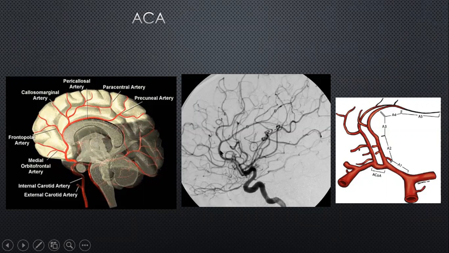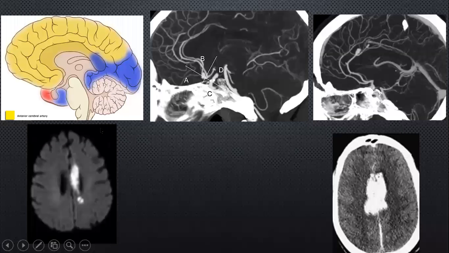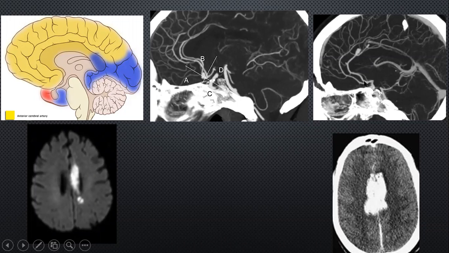These are the cortical branches, but also important to realize, as we looked earlier on, are the perforator arteries which we don't see. And these are some of the clinical sequelae. This is a patient with a pericallosal aneurysm which has ruptured, and you can see the hematoma is much higher up. It's going to be in this distribution, and it's not going to be at the base. So in someone with the hematoma adjacent to the corpus callosum, the hunt for the aneurysm has to be higher up. And if the CTA does not include this area, we have to ensure we repeat the CTA to include this in the acquisition. And this is a patient with infarction within the pericallosal territory.